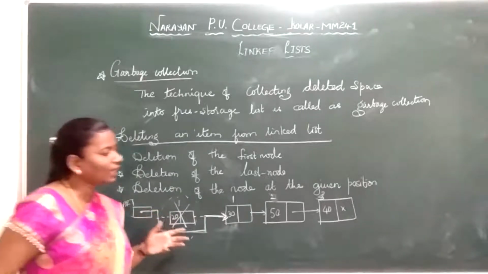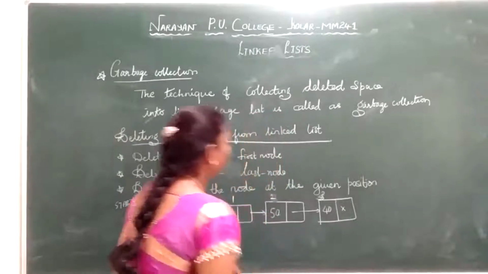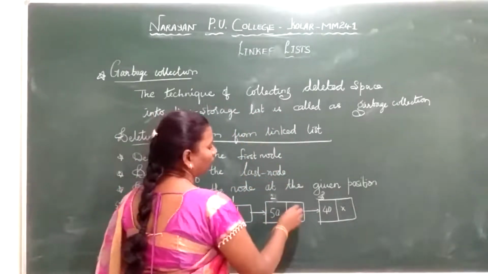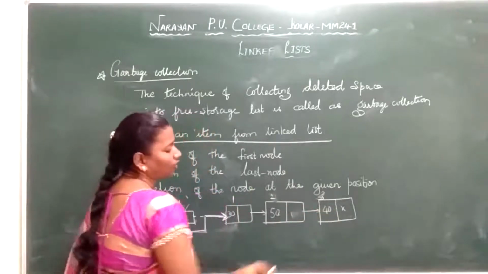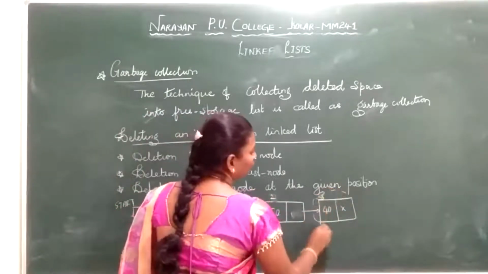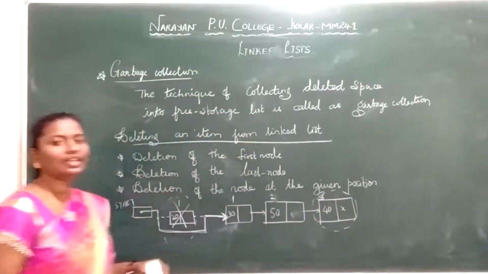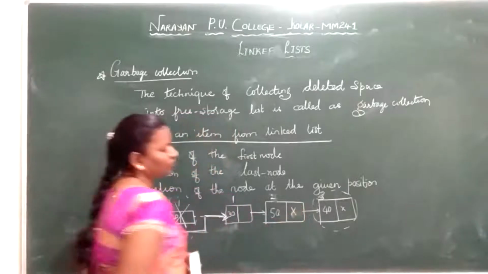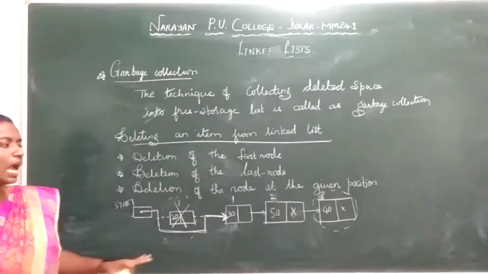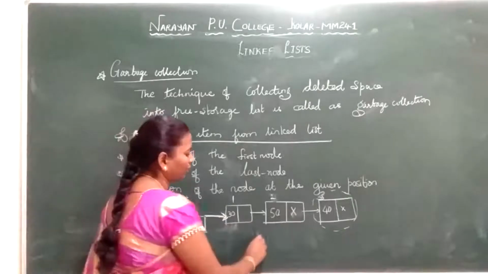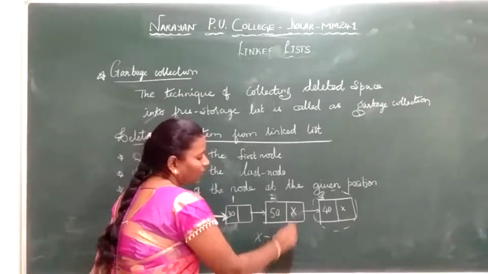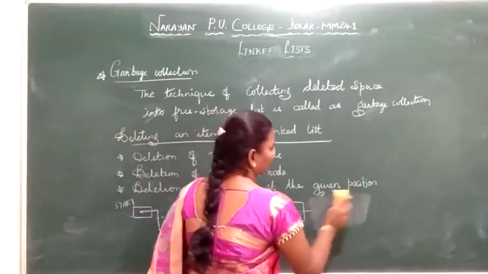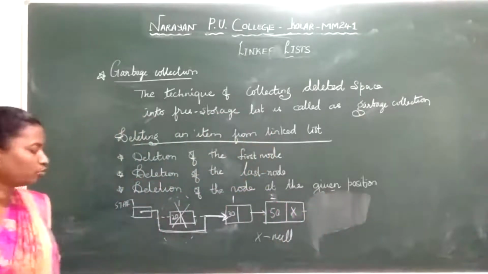Now when I want to delete at the end, what do we have to do? I want to delete at the end; this is my last node, and I want to delete it. So I just make the second-last node point to null. Then your last node will be deleted. X here represents null. When I point the last node to null, that means it gets deleted. So the element is removed at the last.